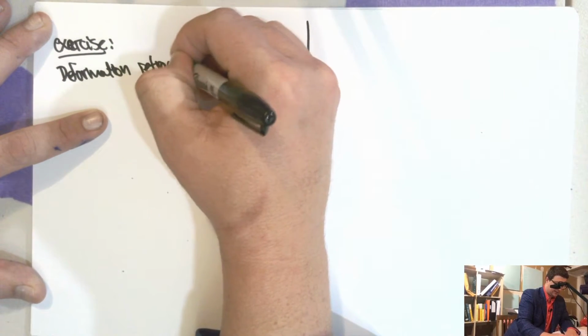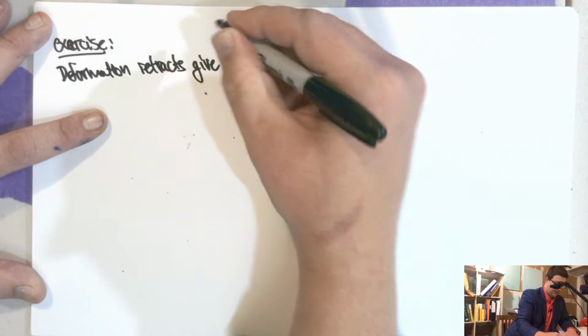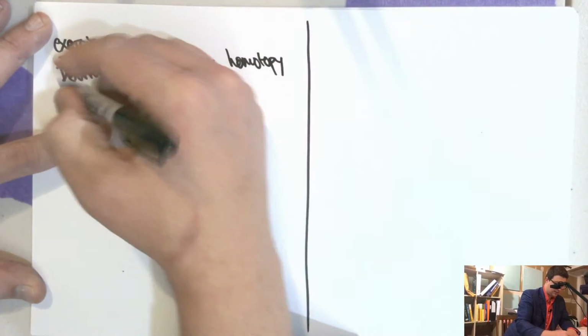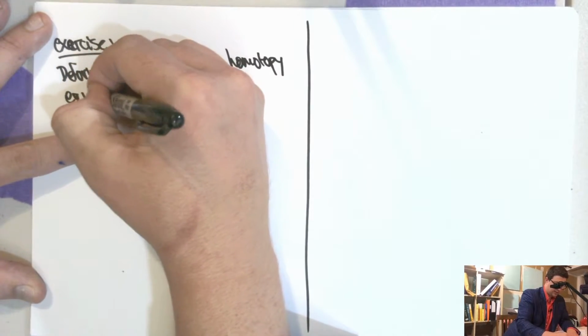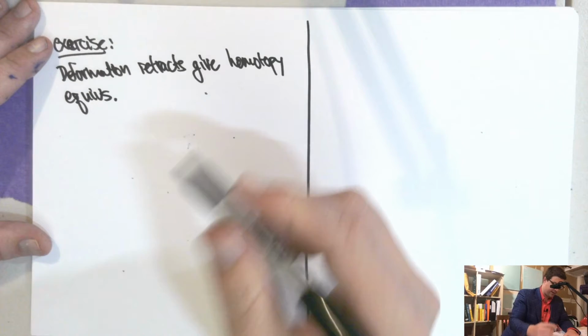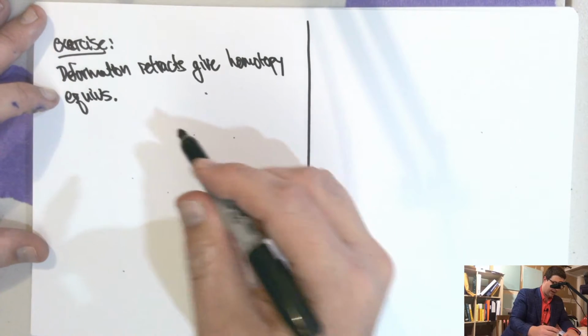Retracts give homotopy equivalences. Okay, and so what do I mean by that? I mean that if, i.e. if